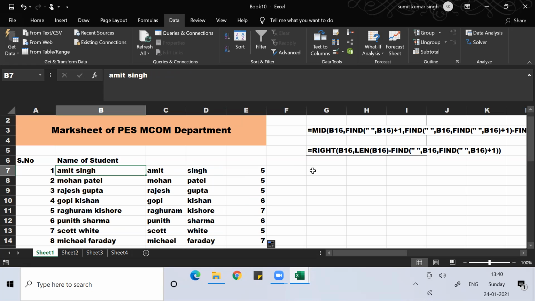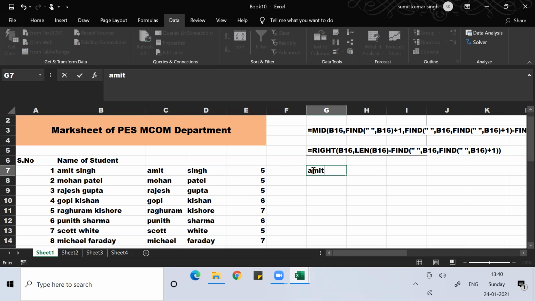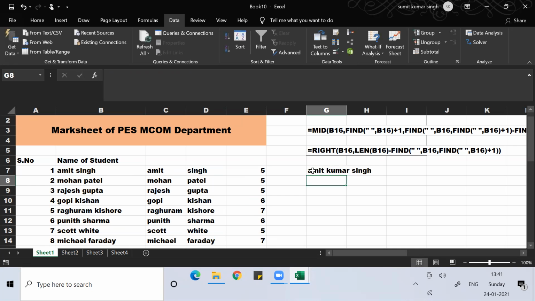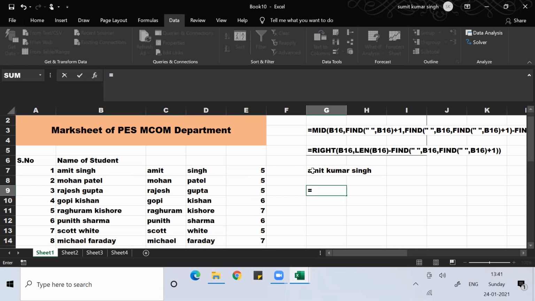So then we can use this. Like we have Amit, then I have Kumar, and then I have Singh. To separate the Singh, I can use this because there are two spaces there. I have to find the next space. So if I say this text, comma, then I use length, length of G7, minus